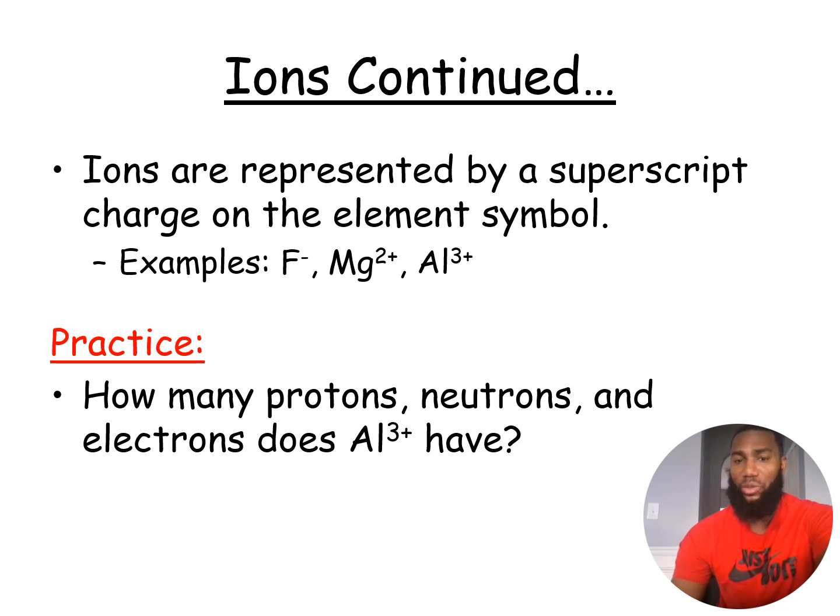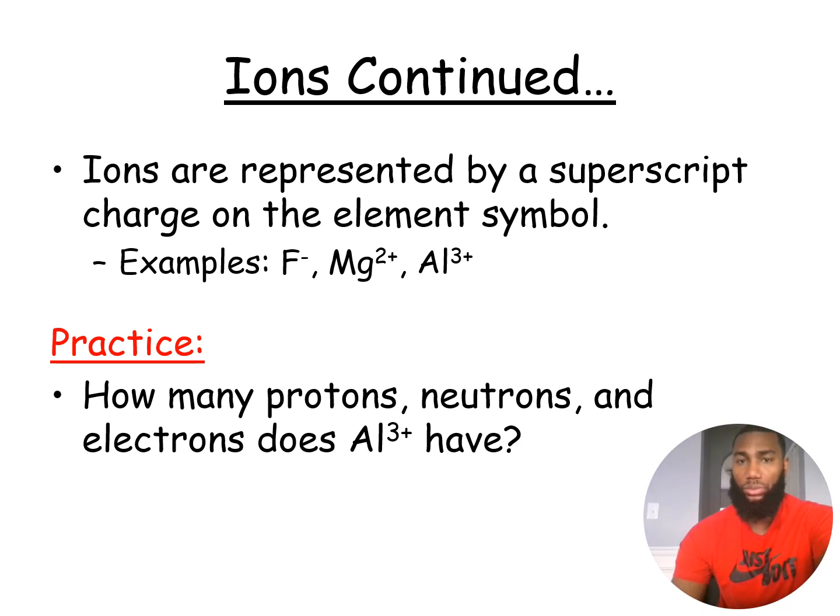Last but not least, aluminum has a 3 plus charge, meaning it's in group 13, so it typically has, let's say, 13 electrons. I don't have a periodic table in front of me. I'm going right off the top of my head. I'm going to say it has 13 electrons. And if it has a 3 plus charge, it means it got rid of 3 electrons. Therefore, it has 10 electrons total. All right, so go ahead and practice how many protons, neutrons, electrons are in aluminum with a 3 plus